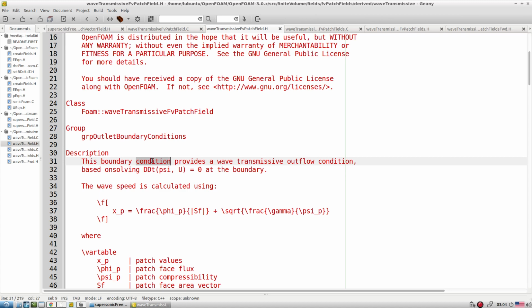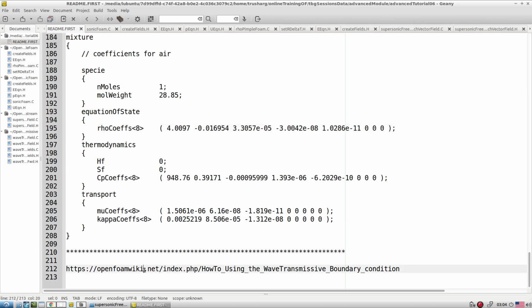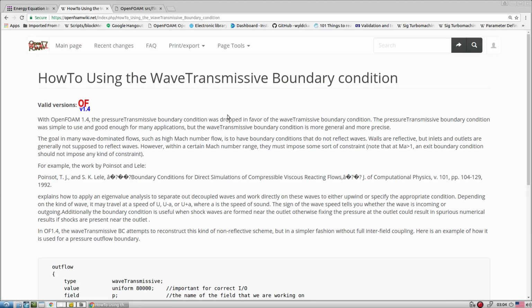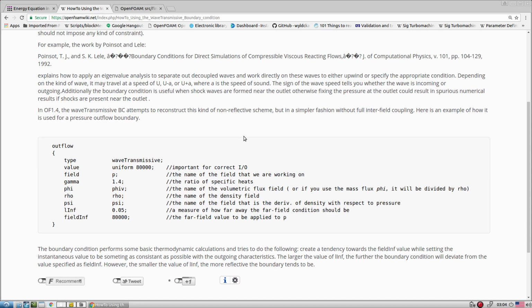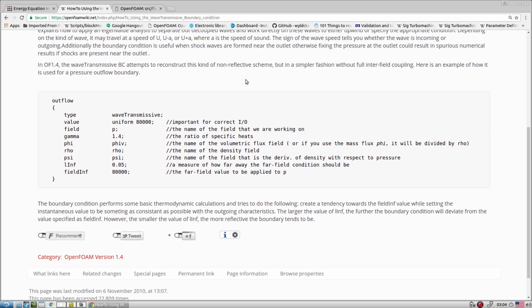Maybe I have one place where we have detailed information. Yeah, so go to this area. I already opened that. Here they give a description of the wave transmitting boundary condition. It is a very nice boundary condition, and it is very important to always try to work with the wave transmitting boundary condition at the outlet. It is a non-reflective class of boundary condition. So we have a uniform value, and there are the input/output options.